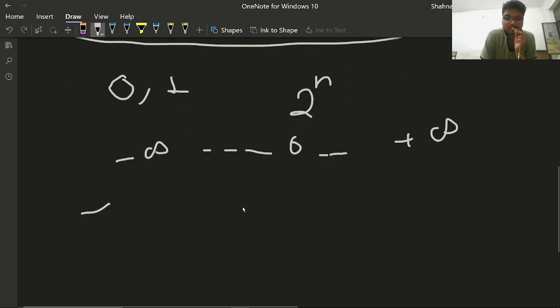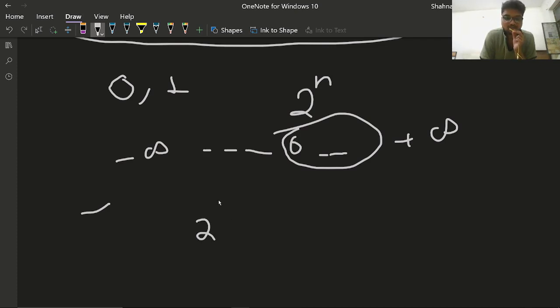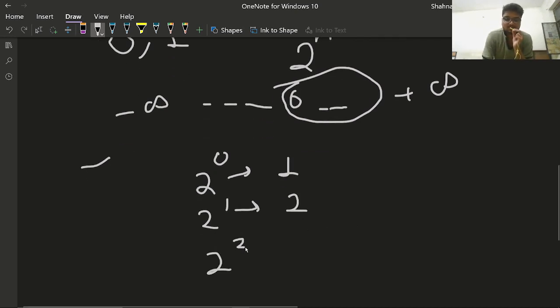In the introduction part we will talk about only positive n values. When we talk about 2 power 0, it will be 1. 2 power 1 will be 2. 2 to the power 2 is going to be 4. Like this we will move further.